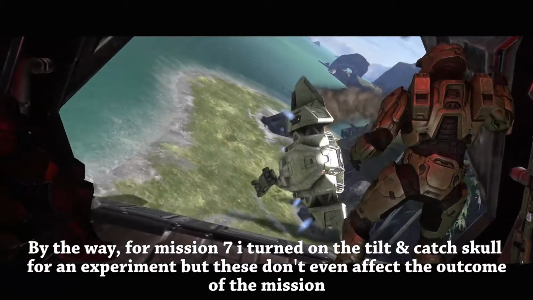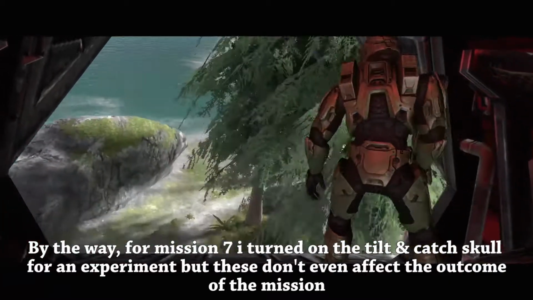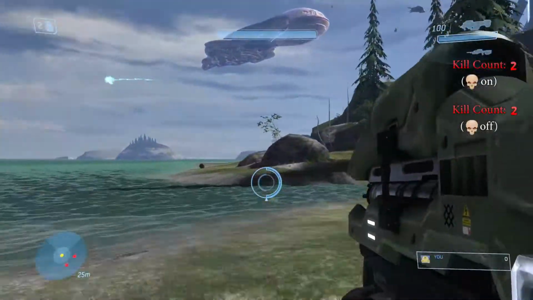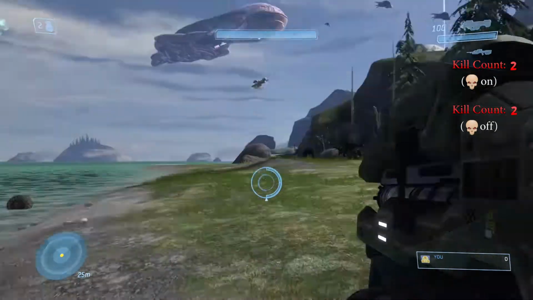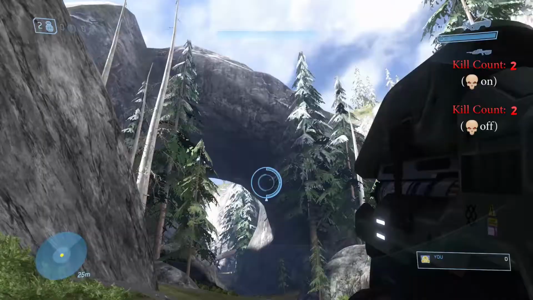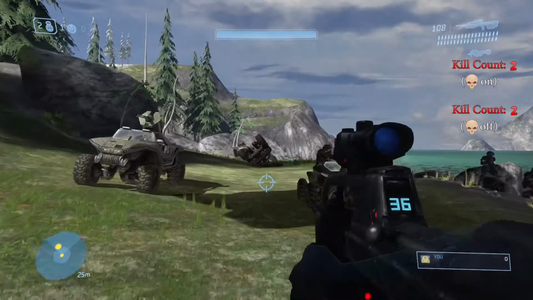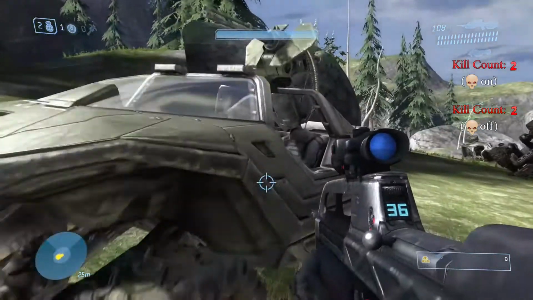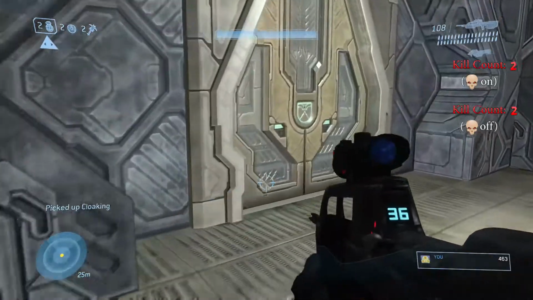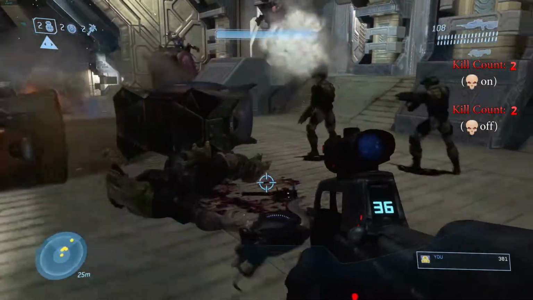Mission 7 is the trickiest level in Halo 3 to avoid killing enemies in. To start off, it's very easy to avoid all these enemies on the beach. You can just run past them all until you hit this loading zone, and then I backtracked to grab a vehicle because I'm gonna need some Marines for the next section. We quickly made our way into the tower, and after my men killed all the Covenant, it was time to